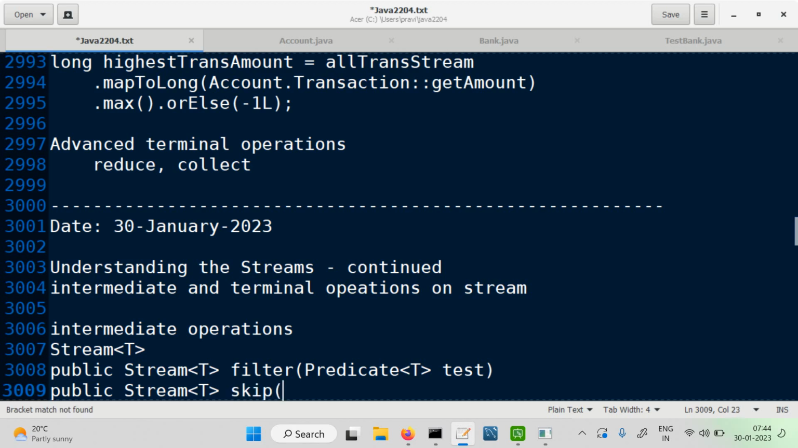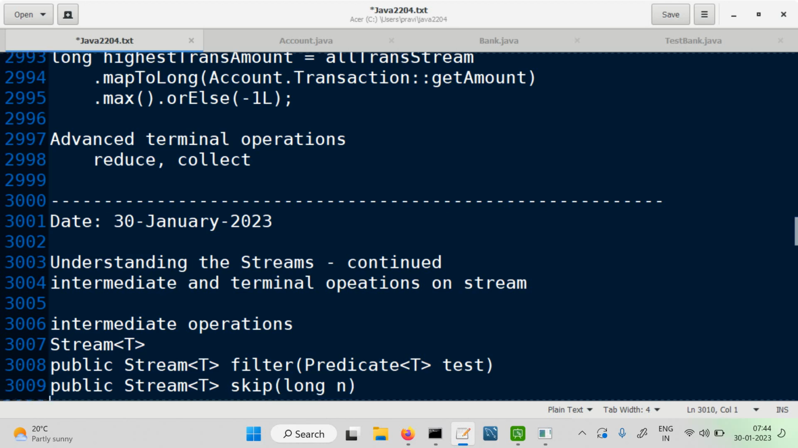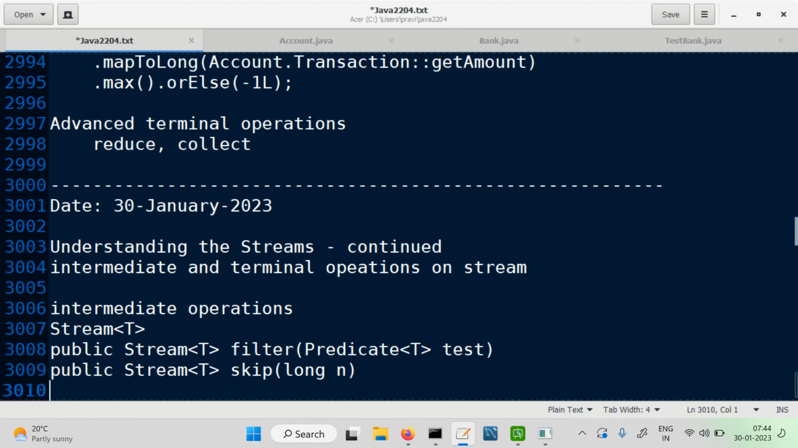Skip. So the parameter is the number of elements to skip. We are not passing a function here. It skips so many initial elements from the input and doesn't pass them on. So it's just reducing the stream by that size. What other methods were there? Public stream of type T,